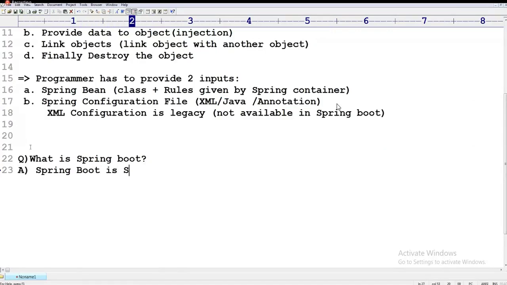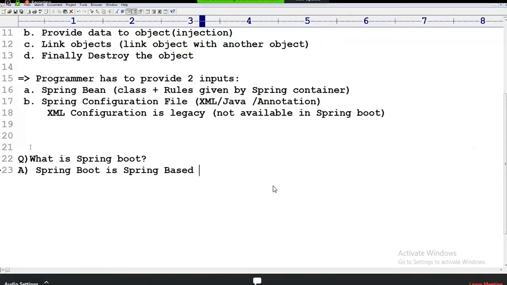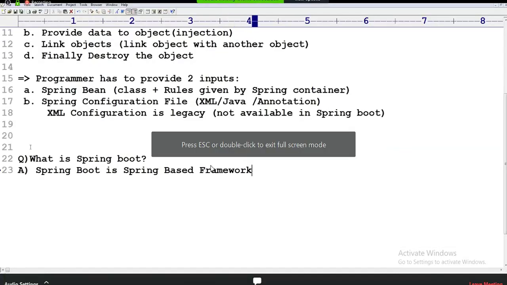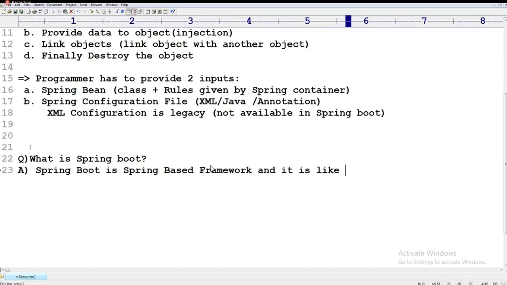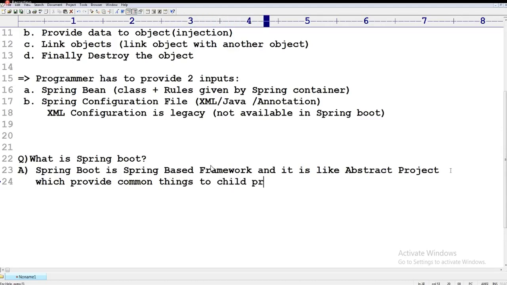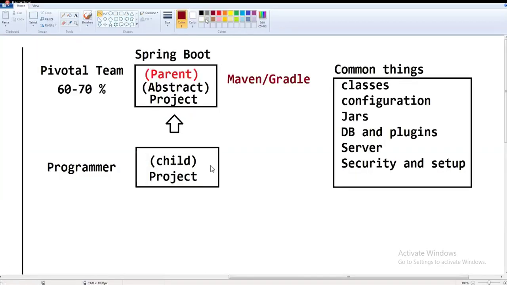Spring Boot is a Spring based framework, and it is like, not exactly, an abstract project, which provides common things to the child project and reduces the programmer's work. So if you look here, we are calling them common things, but